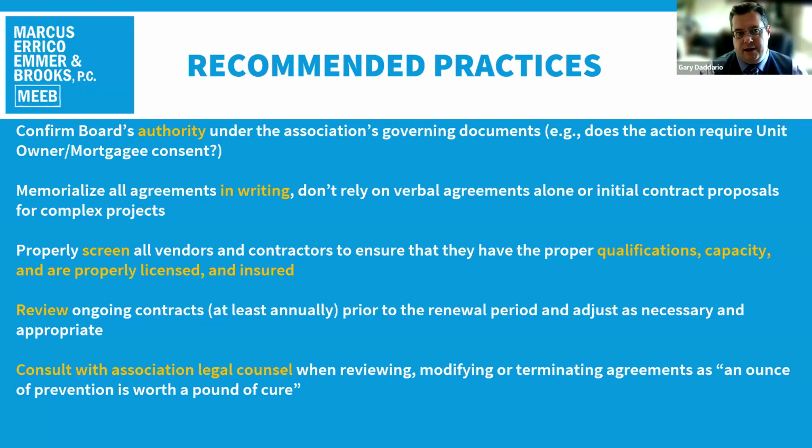Usually amendments need to be approved by somewhere between 2/3 and 75% of the community. Although this kind of goes without saying, sometimes the docs will also specify that any amendment needs to have the support of at least a majority of the board. And then finally, something you need to be careful of. A lot of documents identify certain types of amendments that trigger the need to also get the consent of the first mortgage holders.